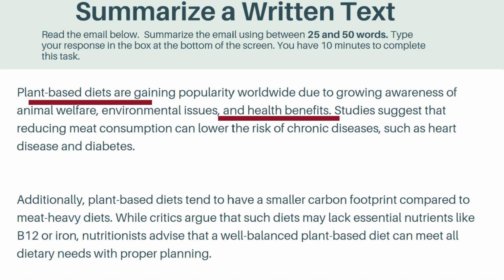The next thing you're going to do is start scanning the text for key pieces of information or phrases, looking for words that highlight the relationship between ideas. Generally, in the PTE core exam, these are going to be quite advanced concepts, perhaps concepts that are relevant to today's world, like AI or gig economy or something that is talked about recently, but not always. So what we need to do is connect these ideas together. These techniques help you to swiftly understand the message, and then you can start working on your 40 to 50